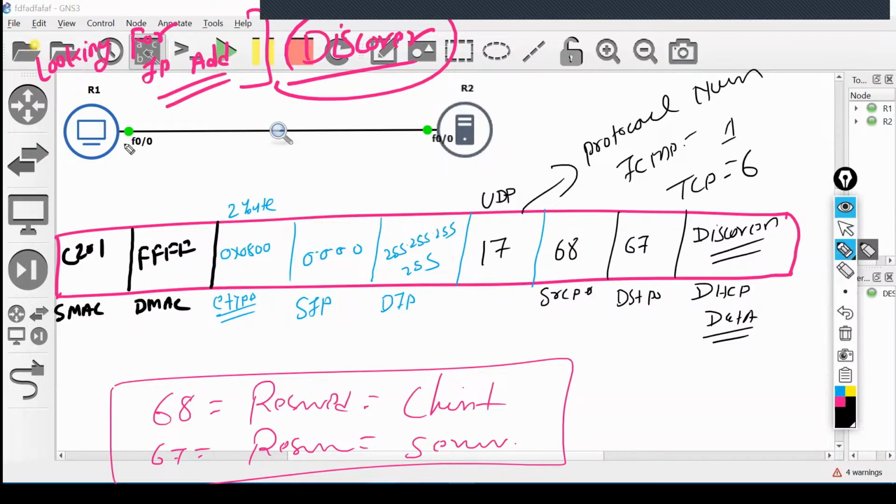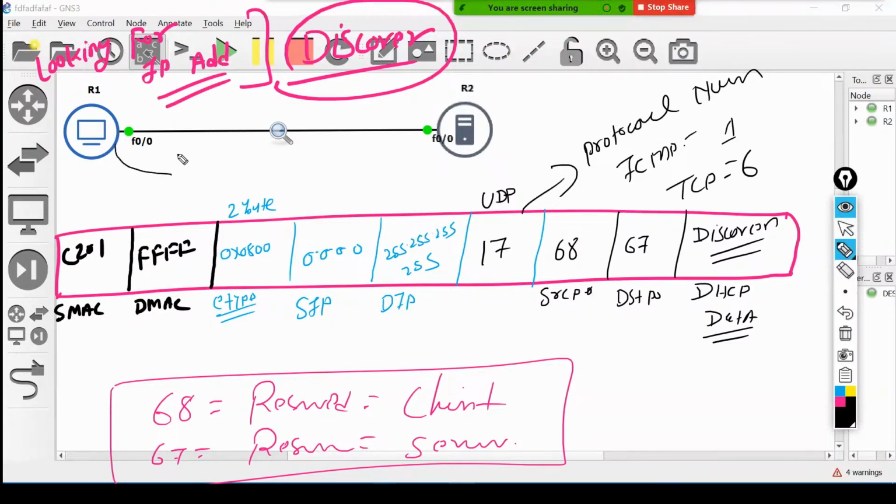Try to understand. This packet will be sent by PC number one. Don't worry, guys. I'll give you all the possible scenarios, right? I'm just giving you the overview right now. We'll go through the switch in between. We'll go through the VLAN in between, everything, right? When PC one sends this packet, what will the server do? Server will accept this packet, right?